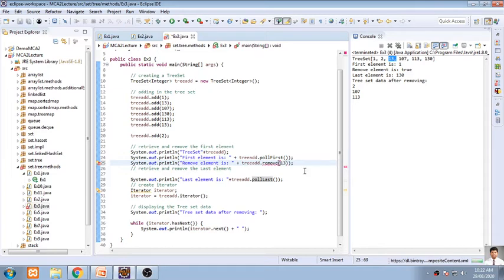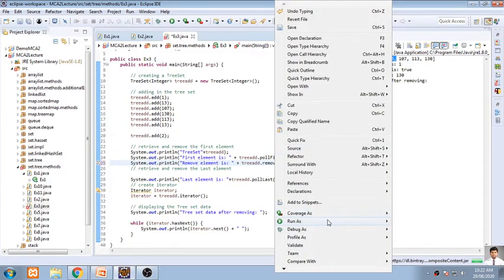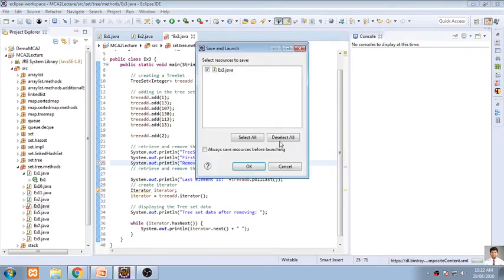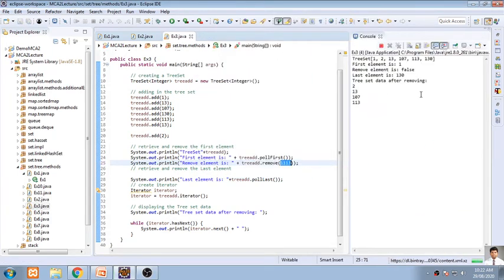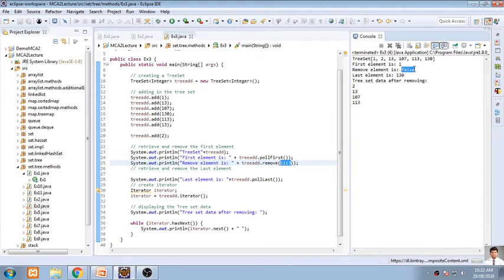If I'm saying 13, in that way I'm providing the value. If the number is not present there, suppose I'm sending 1113, this number is not present, still this will compile and run because that element is not there. It will show a false message. Okay, so see what is there? It is showing me a false message.